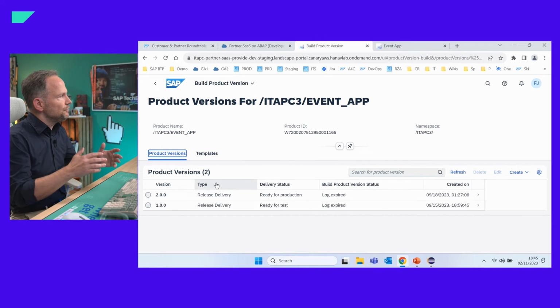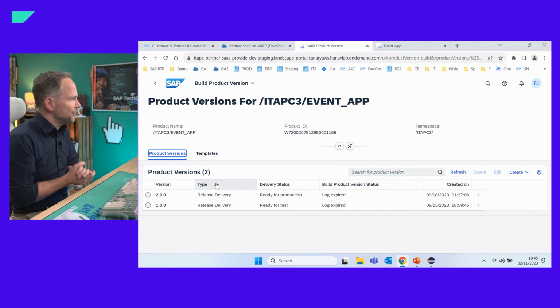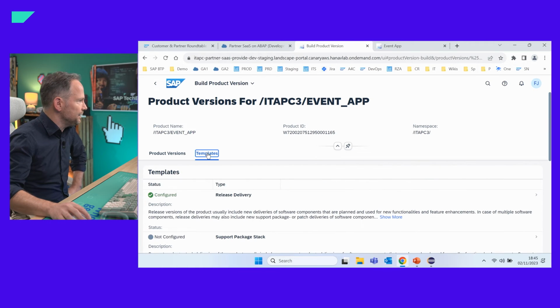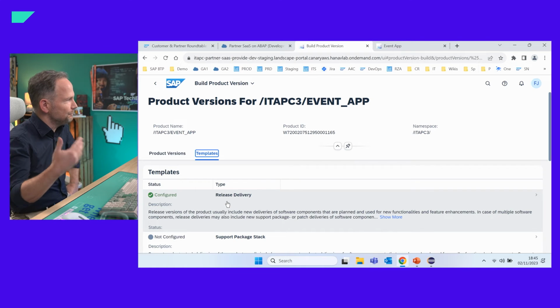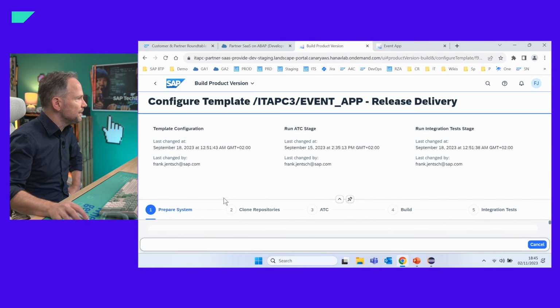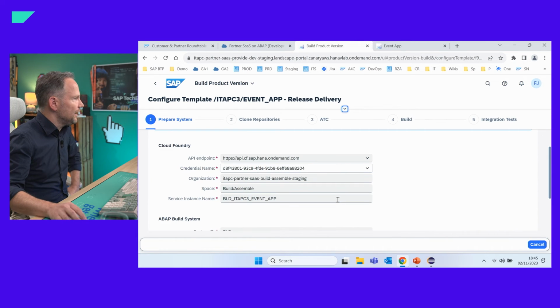It's basically a wizard on top of a CI/CD pipeline, but the good thing is I can use a template for different tasks. And one main task is to create a new main release. Here I can define all the different parameters of how this build process should work.